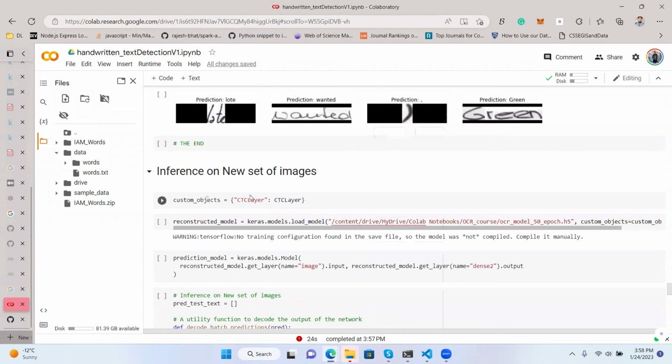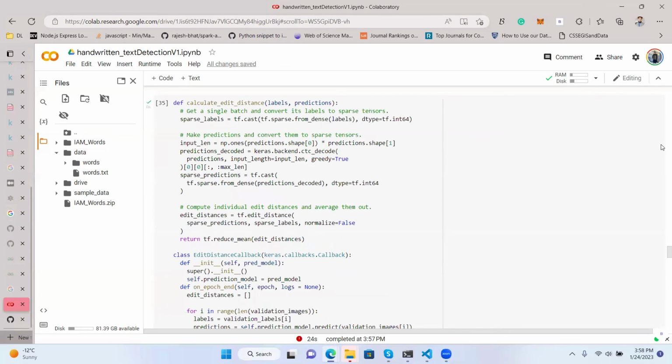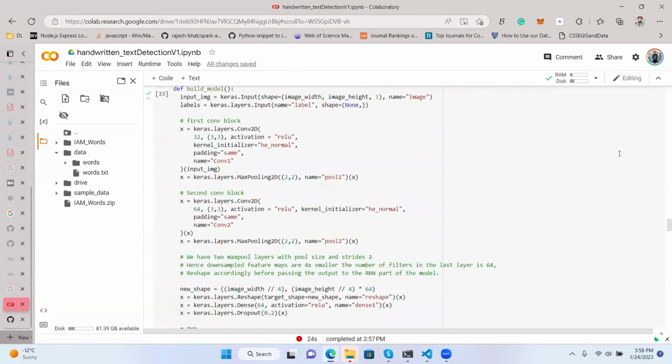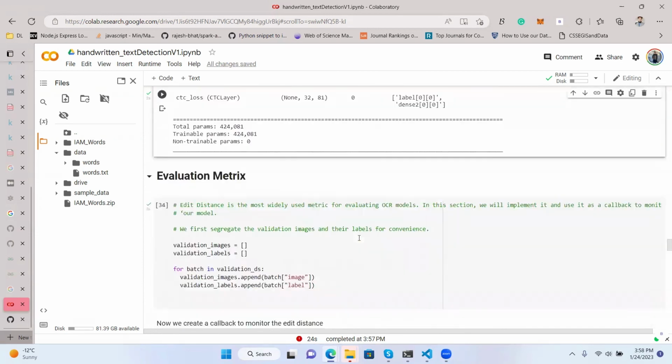For the inference, for your own testing images, make sure that you pass the CTC layer as the custom object, because the CTC layer is not part of your model. You created it separately. As you can see over here, the model is over here, but the CTC layer is defined separately from the model. This function is not inside the CTC layer. The CTC layer just contains these two functions, but this build model is outside the CTC layer. So that's why